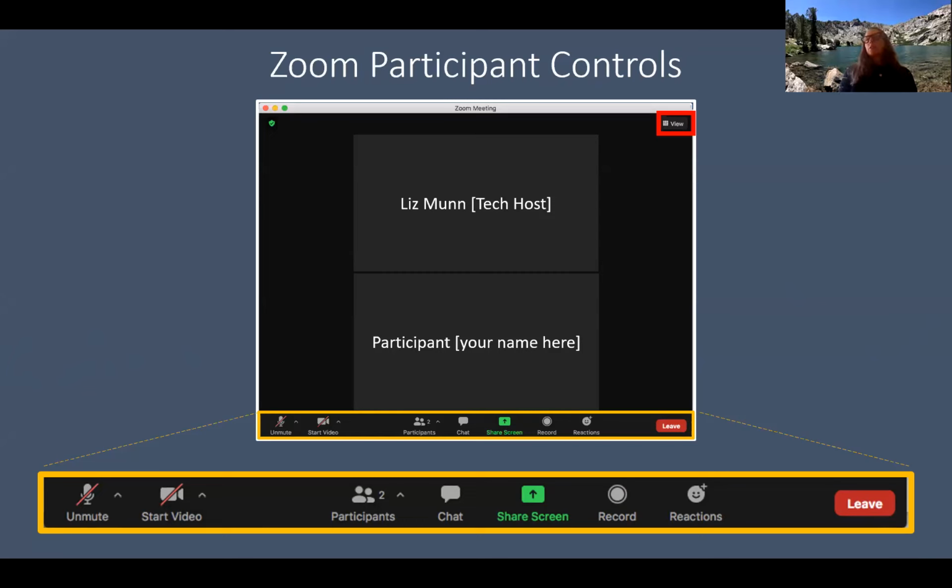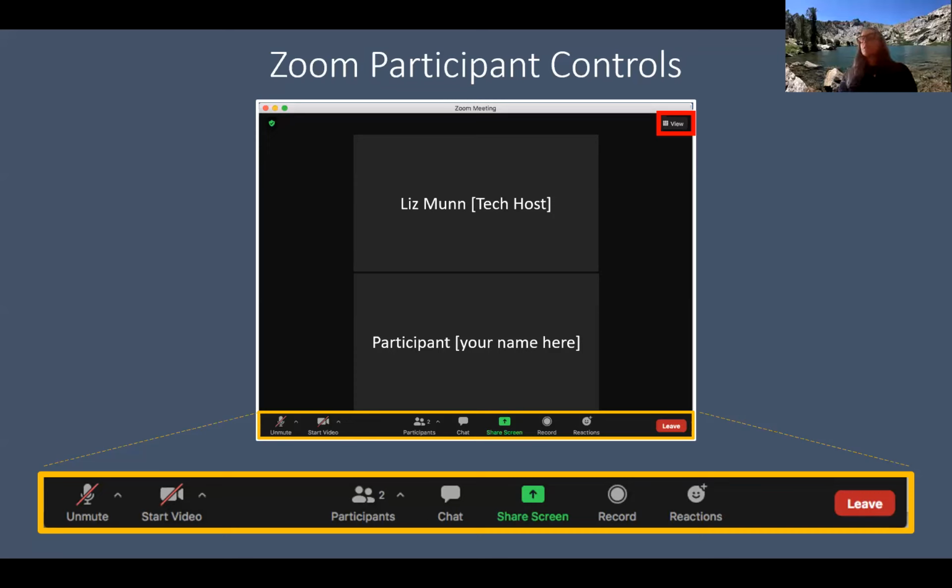As you can see on your screen, this is the participant and controls. At the bottom of your screen, you should be able to see this yellow highlighted box where you'll be able to start your video if you wish at this time. Once we open up the mics, you can mute and unmute yourself.